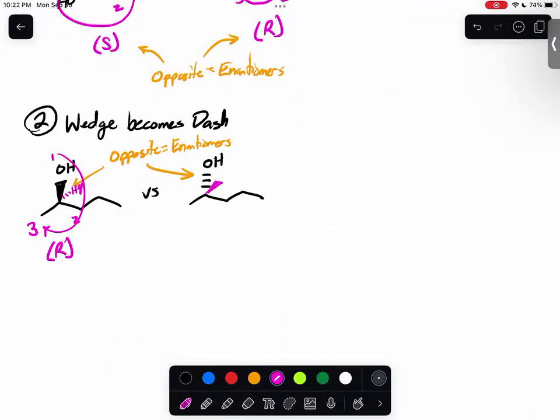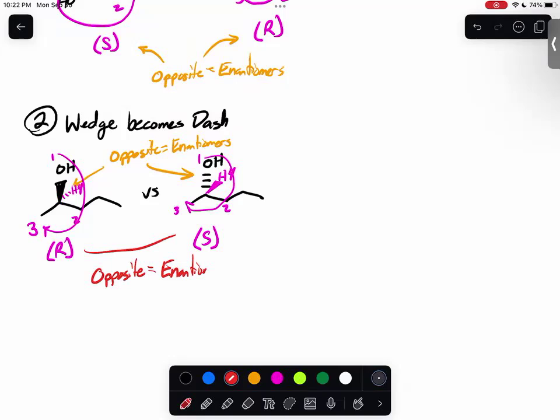You can do the rotation for this, or you can use the right hand rule, which I'm going to use here because it is interchangeable. It looks like it would be R, but keep in mind, since the hydrogen, which is number 4, is on the wedge, it is opposite. This is S. We see that these are now opposite, which means they are enantiomers,